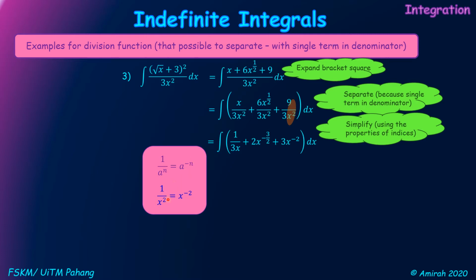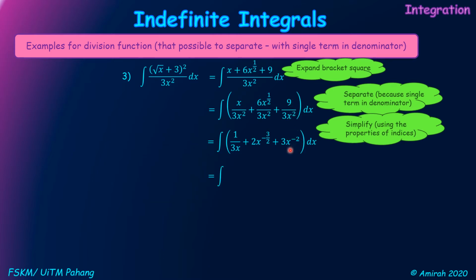So we can write 1 over x² equals x to the power of negative 2 here. Then after that, we can write the constant 1 over 3 times 1 over x, plus 2x to the power of negative 3 over 2, plus 3x to the power of negative 2,